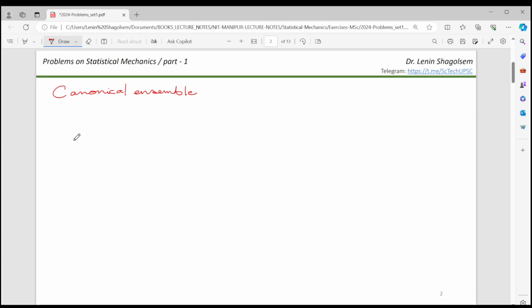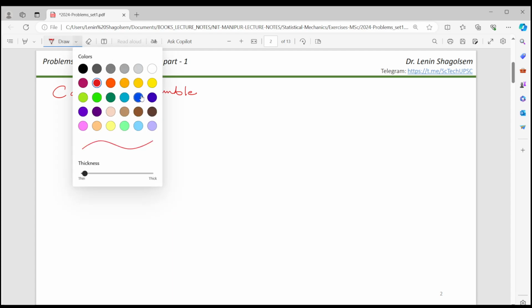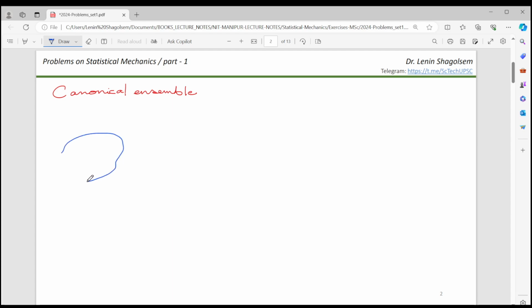In canonical ensemble, we have a system with fixed number of particles, fixed volume, and a fixed temperature. So this is typically called the NVT ensemble. So the question is, what is the probability that this system can take or can be found in a particular state of energy? So the probability of the system